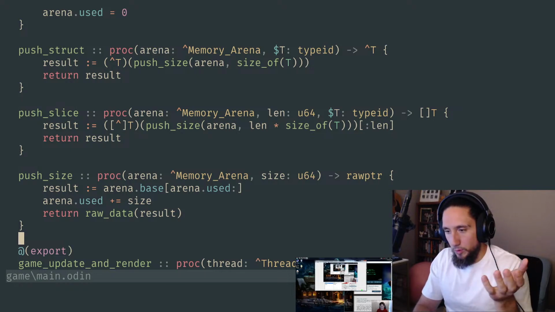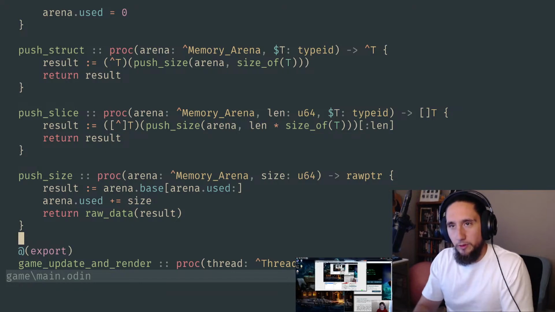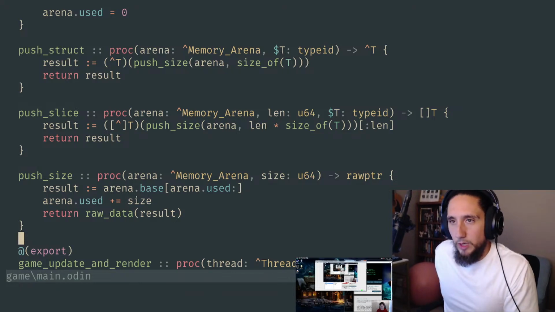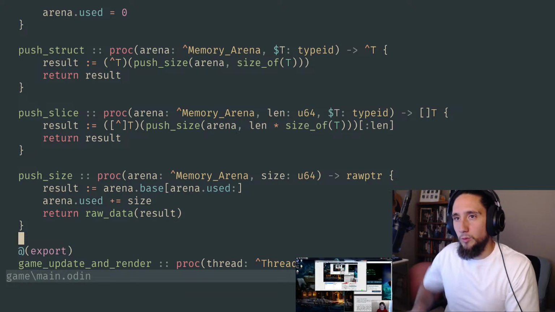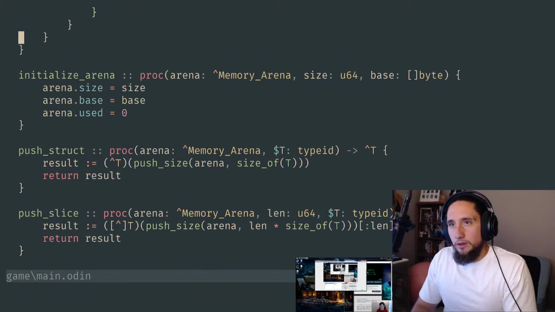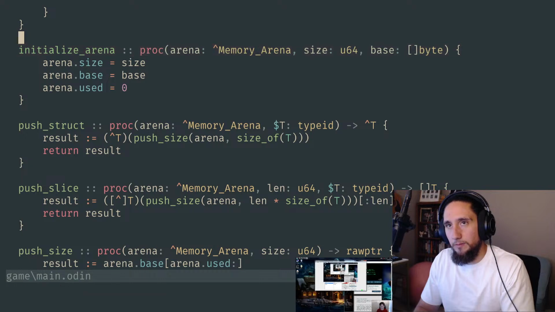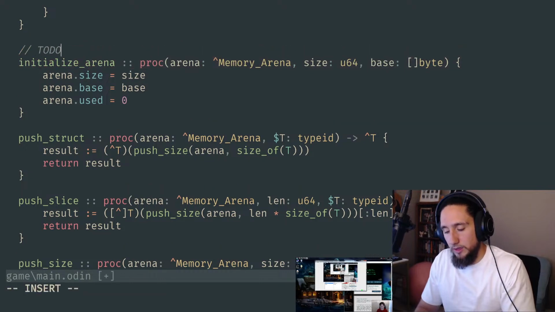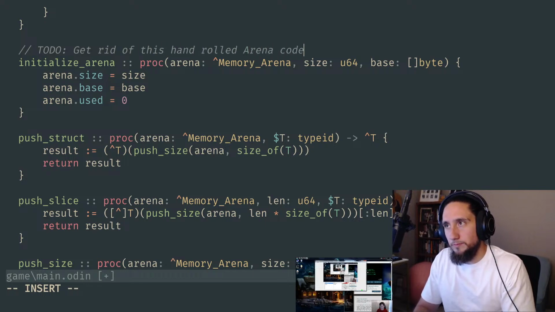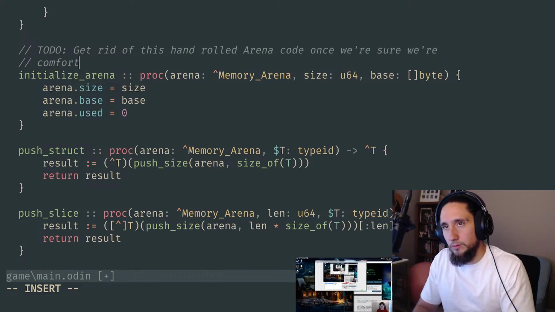And we'll figure that out pretty quick when we go to implement the thing and it just breaks because we can't use it the way we think we want to. So yeah, I'm gonna leave all of this around here, but I think I can add a to-do that basically says get rid of this hand-rolled arena code once we're sure we're comfortable sticking to Odin's